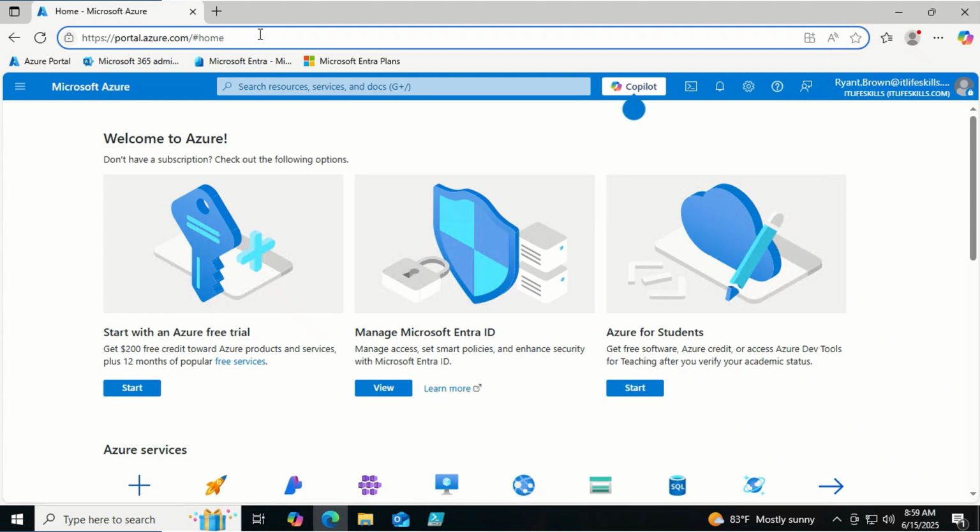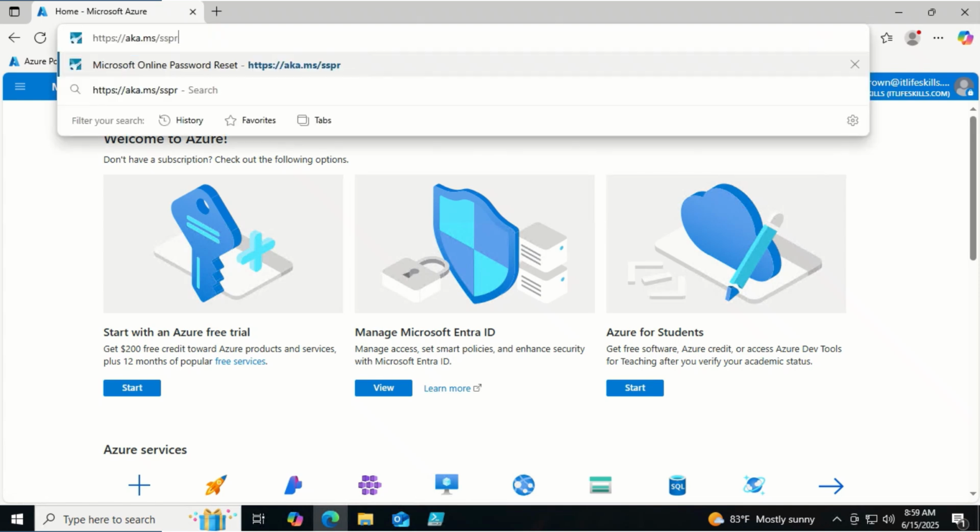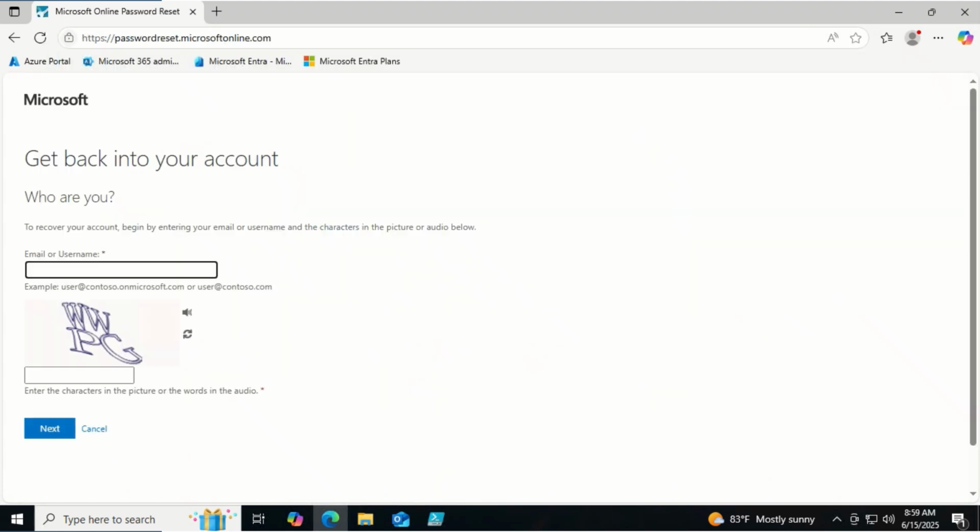To do that, he has to open the URL aka.ms/SSPR, and it will redirect him to the site passwordreset.onmicrosoftonline.com. Here he has to enter his email address or user principal name, ryan.brown@itlifeskills.com. Then he has to prove that he's not a robot by typing in the letters in the CAPTCHA, then